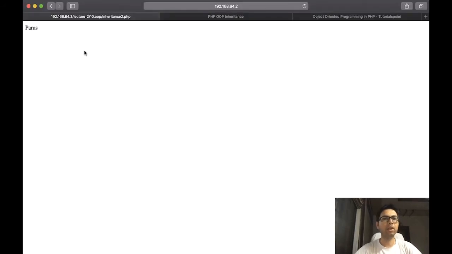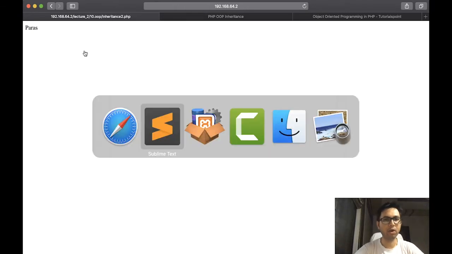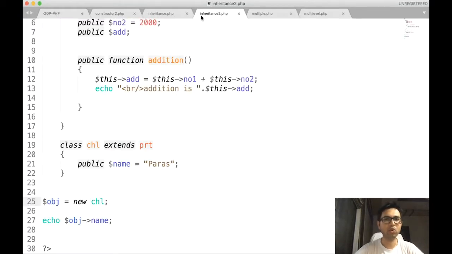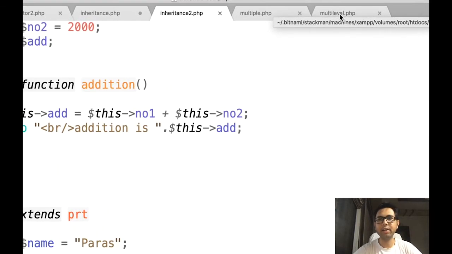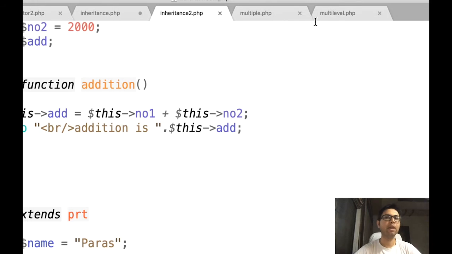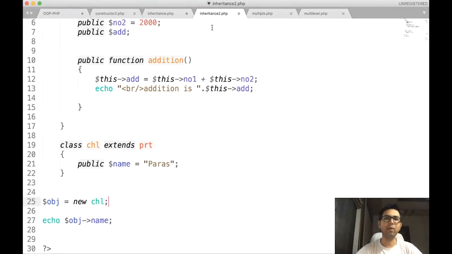I hope you are getting what I want to explain from these two variations of the program. Now, in the concept of inheritance only, let us see two more concepts: multiple inheritance and multi-level inheritance. These concepts are very crucial and essential in object-oriented programming and are used in all modern language development.